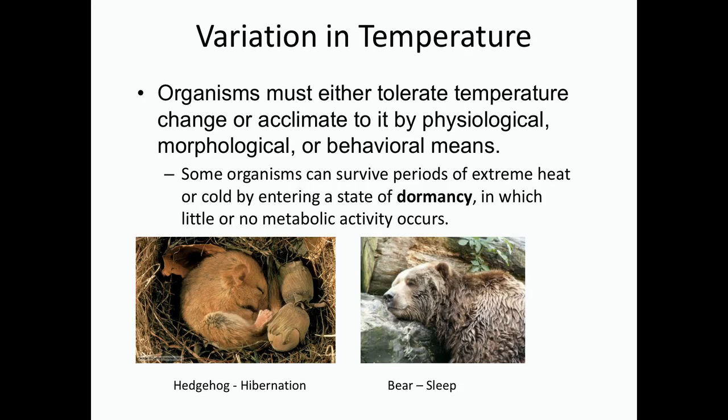Now, the first option, again, is to tolerate temperatures, and some organisms do this. So, for example, hedgehogs and bears, pictured here, will shut down their bodies in the winter, and they'll enter a state of dormancy. Now, hedgehogs will do what's called hibernate. This is extreme lowering of the metabolic process. The chemical reactions inside their body slow to almost non-existence. They have almost no metabolic activity occurring, and you could go up to a hedgehog that's hibernating and poke it, and it's not going to react much because it's essentially shut down until temperatures rise enough for it to be able to do those chemical reactions again.